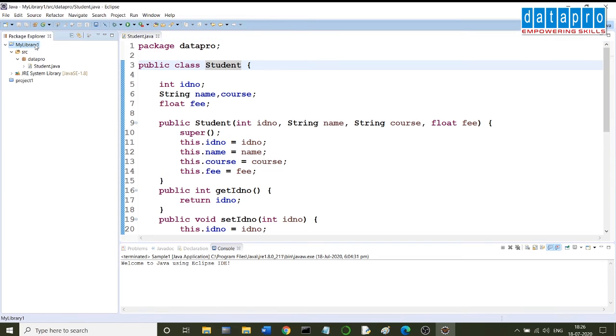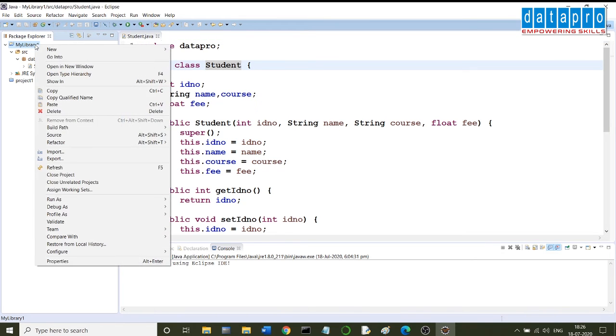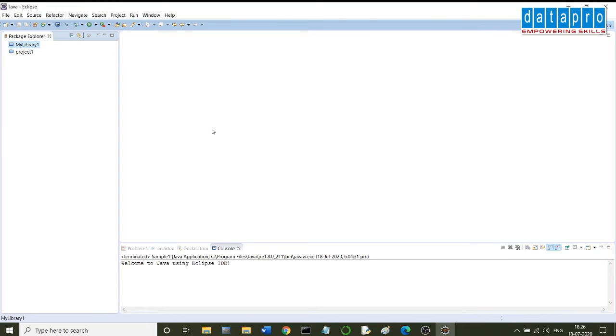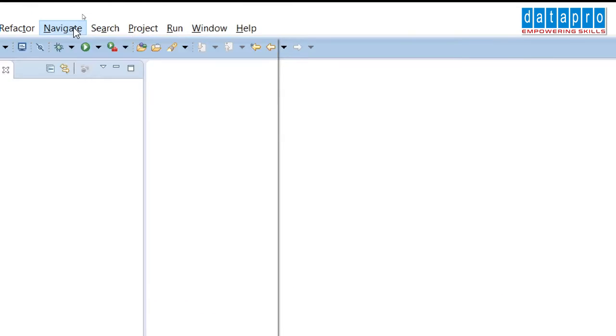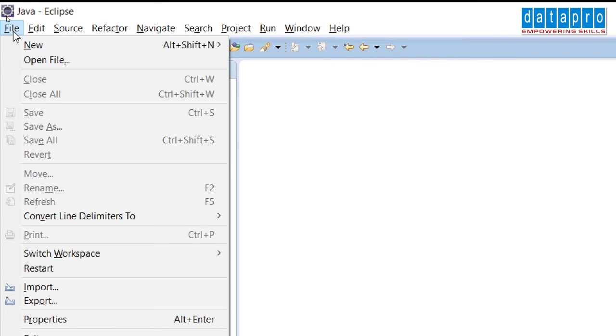Assume that this is created by one programmer, and it would be used by some other programmer. So let me create a new project. Assume that this step is being done by another programmer.